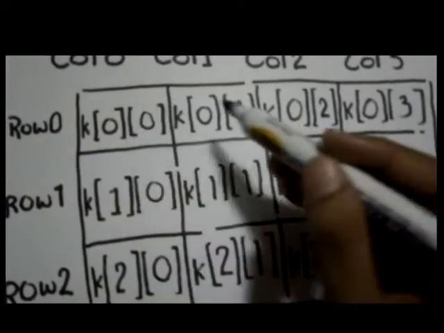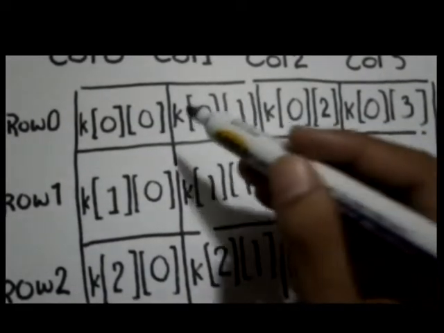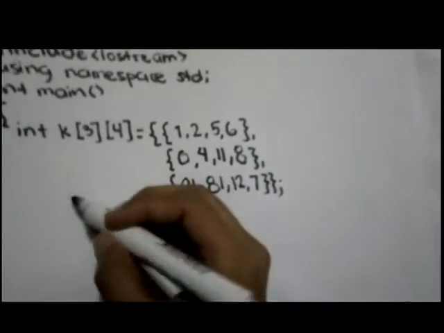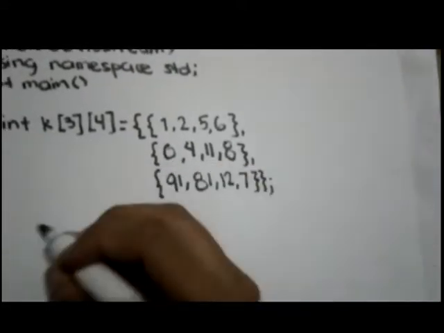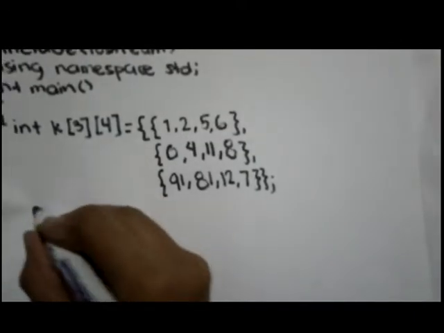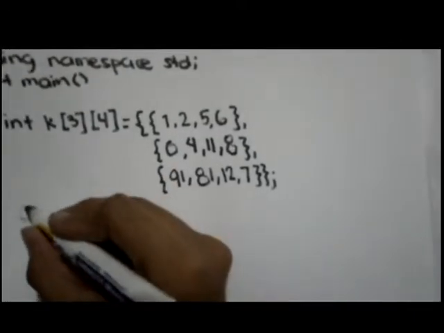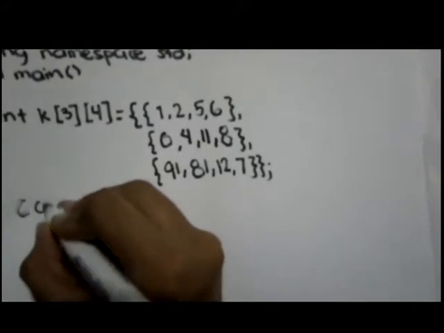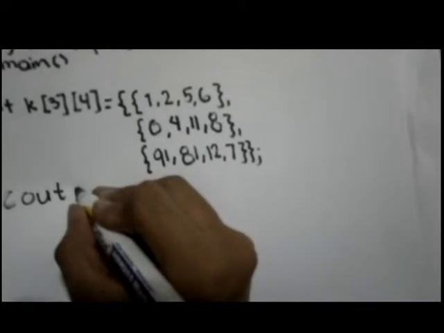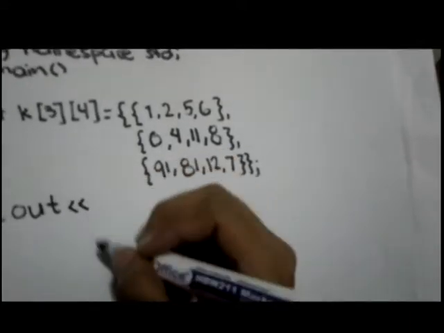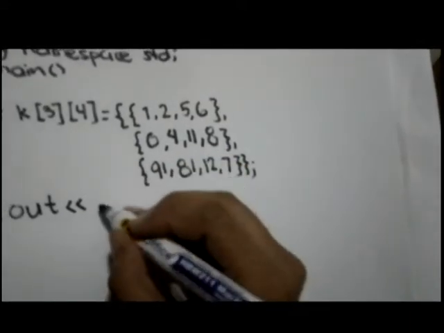So if you want to display the second value, you just go here. So cout K[0][1]. Back to our codes. If you want to display 11, we'll just cout. We will display 11, so it will be